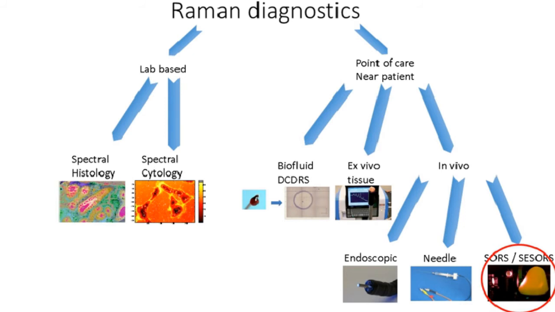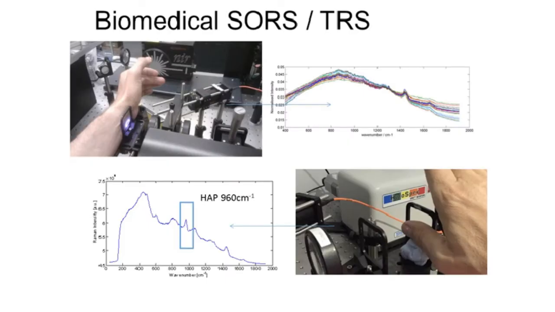The problem is getting light through a large volume of tissue in the body is quite tricky. However, using methods such as spatially offset Raman spectroscopy, invented by Professor Pavel Matousek at the Rutherford Appleton Labs, who I've worked with since around about 2005, we've developed a number of approaches where we can look at the spatial offset of the illumination from the collection point, and this enables us to look deeper and deeper within the tissue